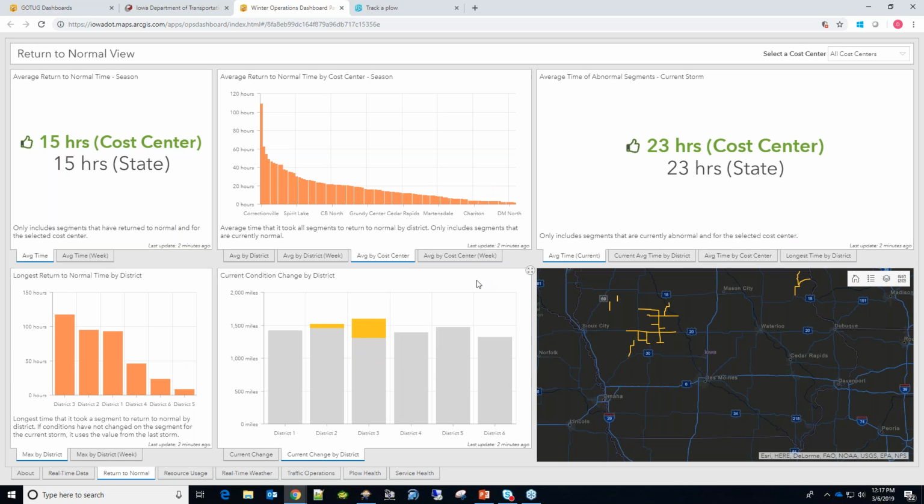So this kind of is able to operationalize what's being reported. All the road condition data comes from our 511 system. We parse it and push it to ArcGIS Online so we can put it in maps and stuff. We also do value added stuff, like being able to identify if it's improving or declining, or if it's unchanged, along with the time that it has been in that state.